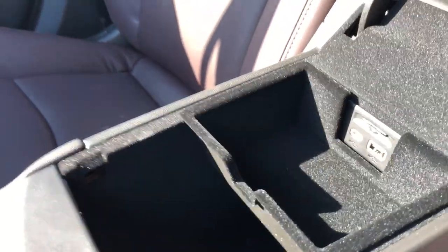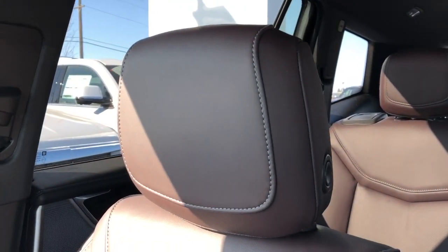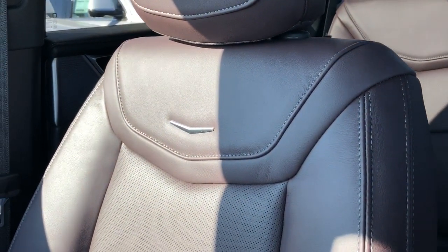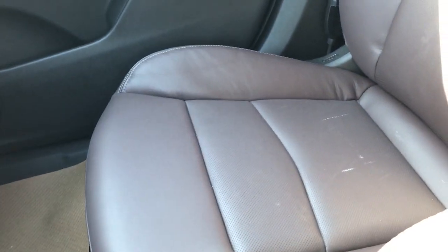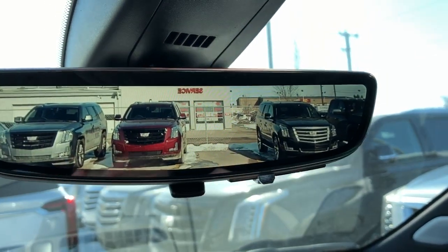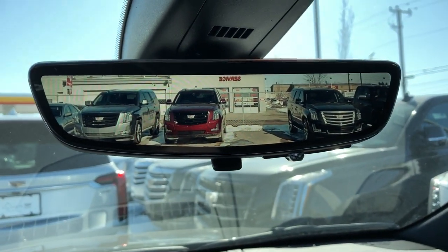Put that cubby in and we can still access the ports. So plenty of charging options in the vehicle. The front seats are featured in the same brown leather as we saw throughout the rest of the door panels. We also have our Cadillac silhouette in chrome and perforated leather in the lower portions to allow for maximum breathability of the leather. Rear view mirror doubles as a rear view camera to offer a 300% better view of what's